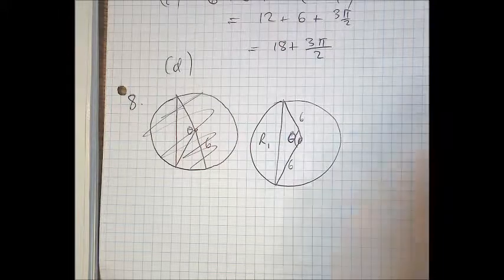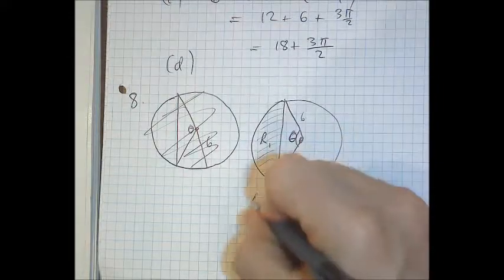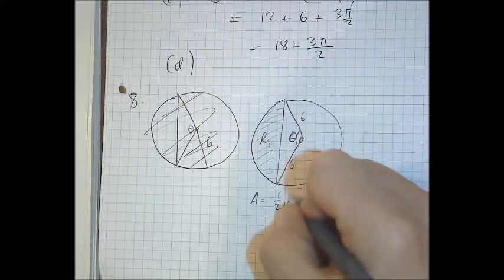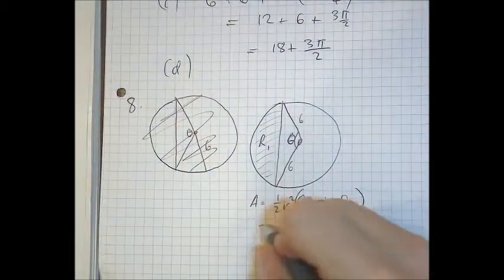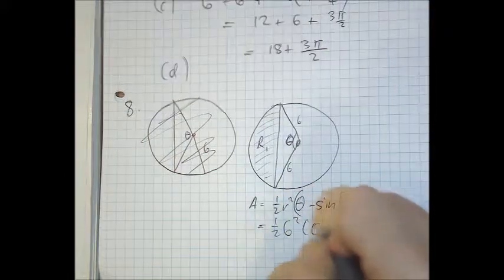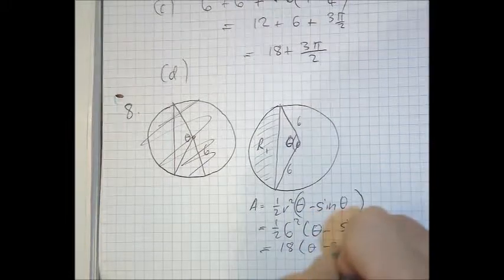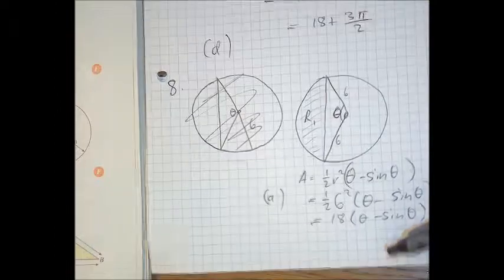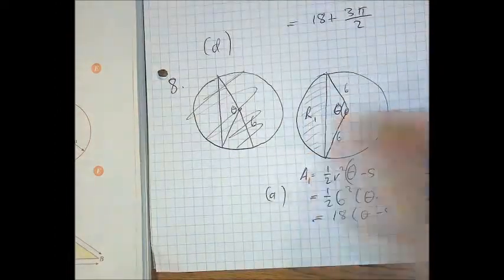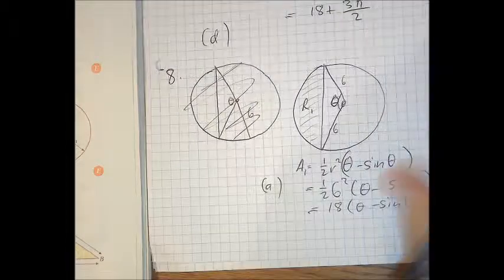Okay, well we have a formula for the area of a minor segment. It's half r squared, bracket theta minus sine theta. So that's half 6 squared, theta minus sine theta, which for us is 18 bracket theta minus sine theta. So that's part A. I just wanted the area of the minor segment. Now, in part B, or prior to part